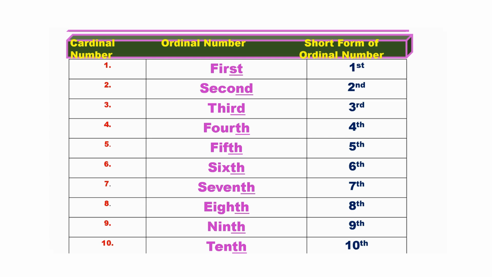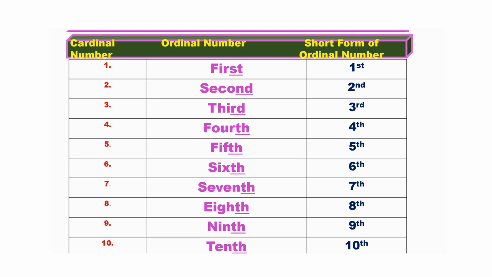F-I-R-S-T, first. To write the ordinal number in short form, we write number 1 and the last two letters at the top, ST, that is first. For second, number 2 and last two letters of second, S-E-C-O-N-D, that is in words. Then write 2 and the last two letters ND. It makes second. And for T-H-I-R-D, third, write number 3 and last two letters, that is R-D. So this is third. And fourth,